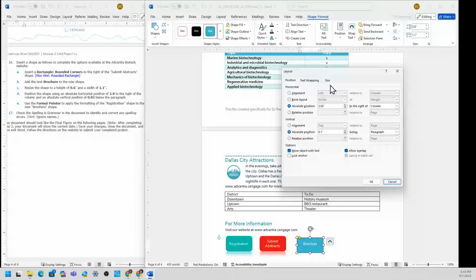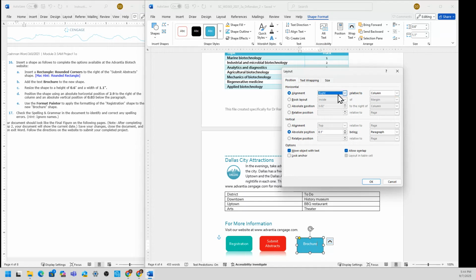And the horizontal position should be, let me see, the horizontal position to the right. So alignment to the right of the column.